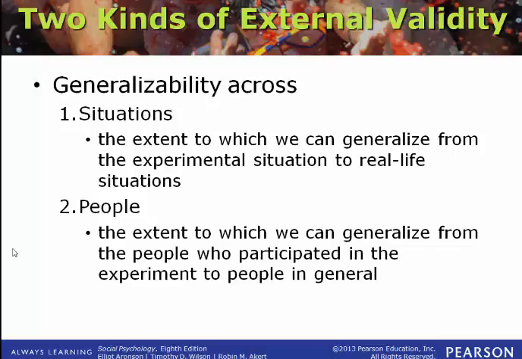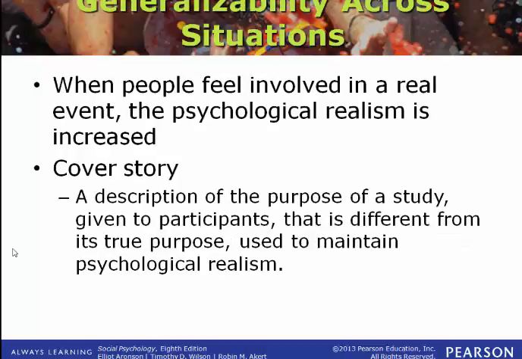And then also with people, what we're saying here is that the results of our sample really apply to our population. So we're not just saying that this is true of the 20 third graders that we have, we're saying this is true of most third graders, right? So both kinds of these are very important. Now, how are we going to increase this external validity? Well,